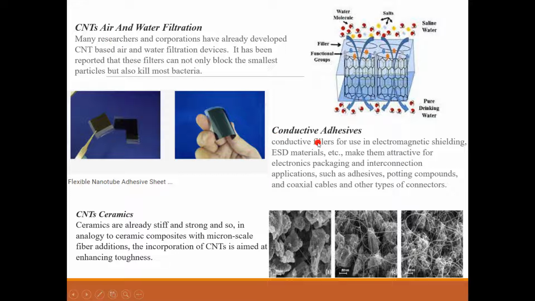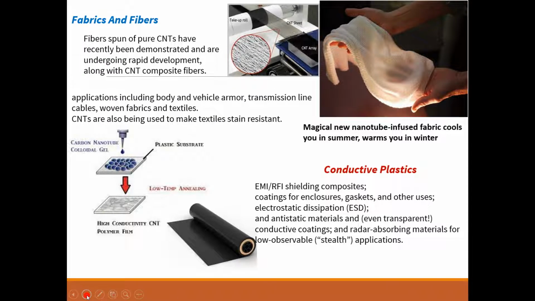Then you have conductive adhesives, various adhesives which are conductive, so that the conductance of that material doesn't get hampered. So these types of adhesives, like gums and films, are used for electronic packaging, connecting something, connectors, right? Ceramics themselves are very strong, and imagine such a strong ceramic, you are mixing CNT into it. So the material that you are going to get will be very, very strong. Its toughness is increased.